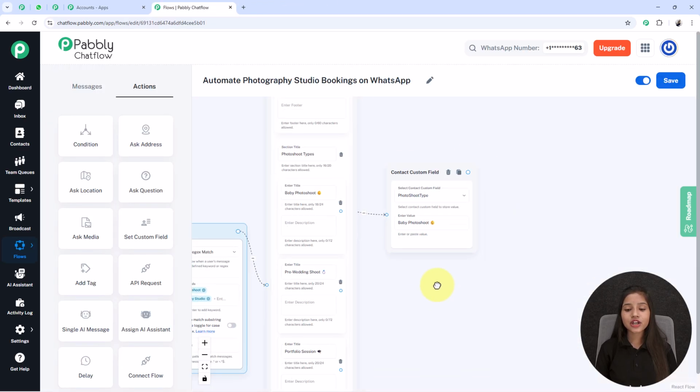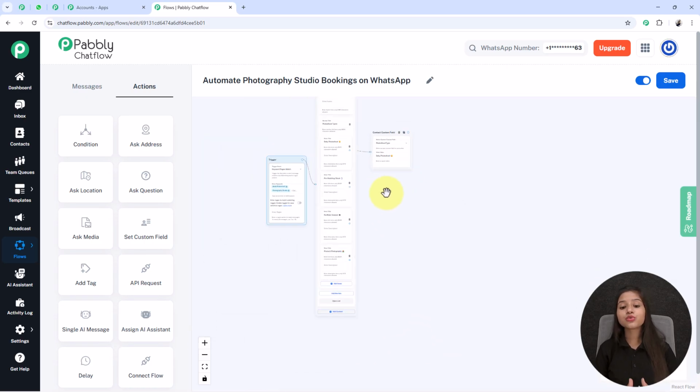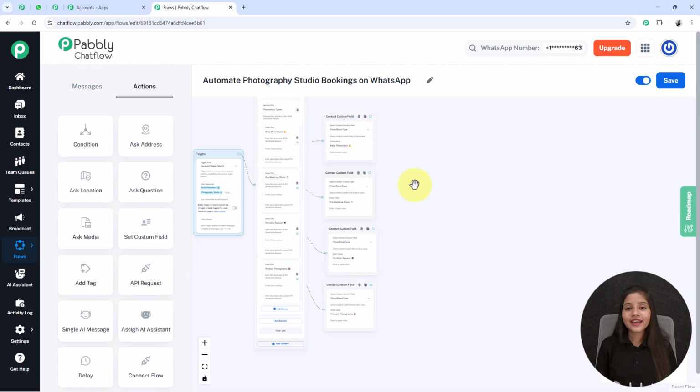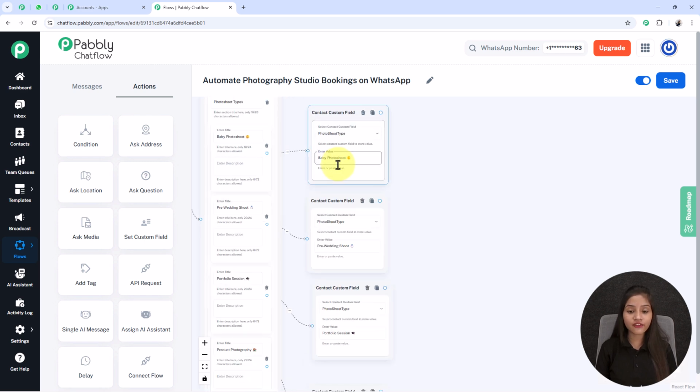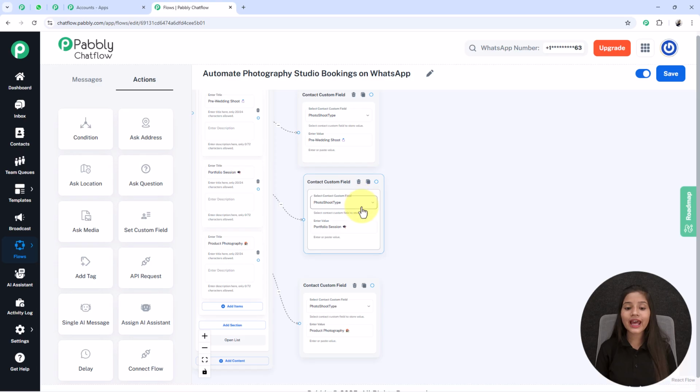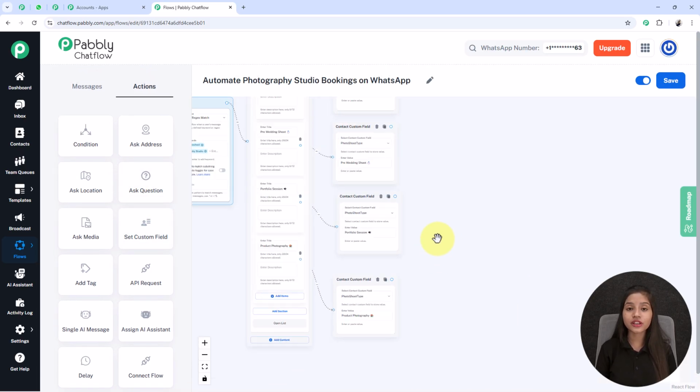Here I set this contact custom field for this photo shoot type. Now I am going to set up 3 more contact custom field nodes here, one for each of these photo shoot types. Here I have done it, you can see I use the same contact custom field in each of these contact custom field nodes, that is photo shoot type, but only change the value. At the end, this will help my bot to provide a customized message to my users completely based on their selected